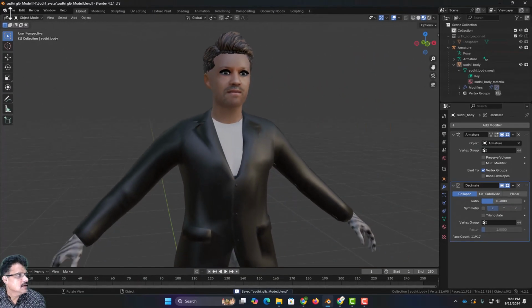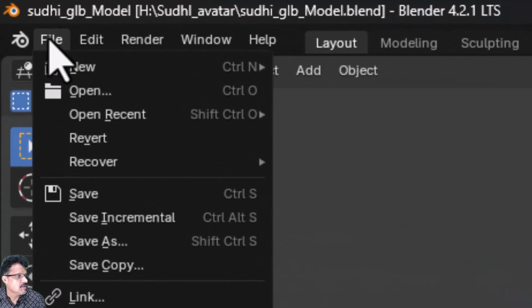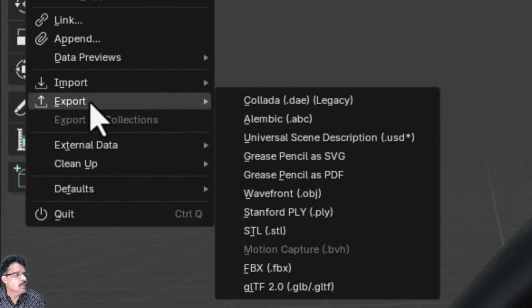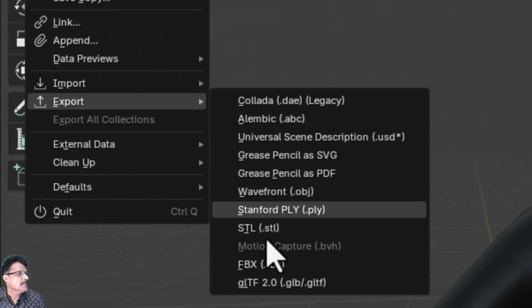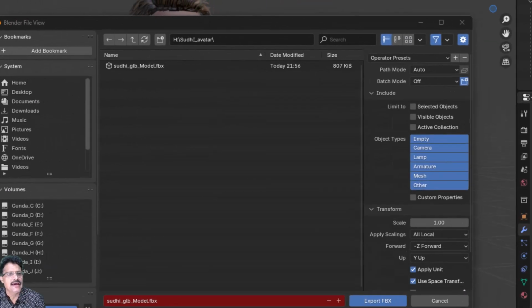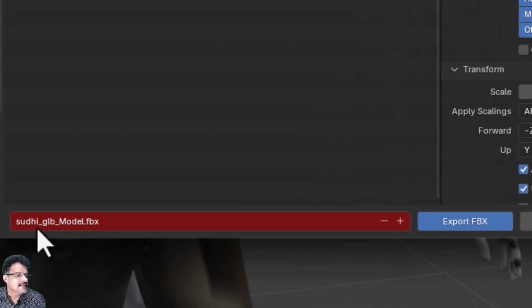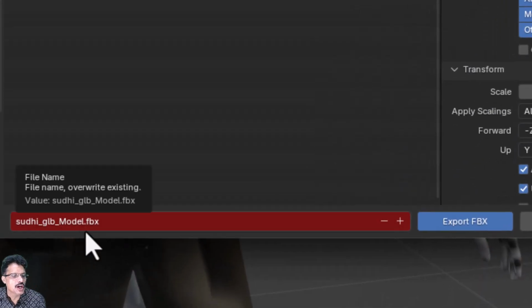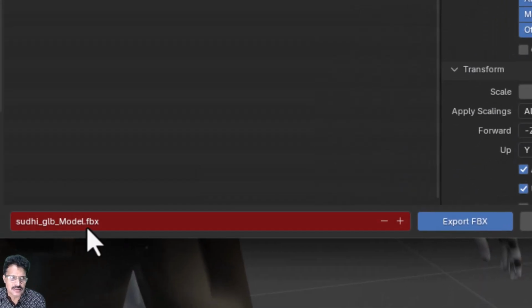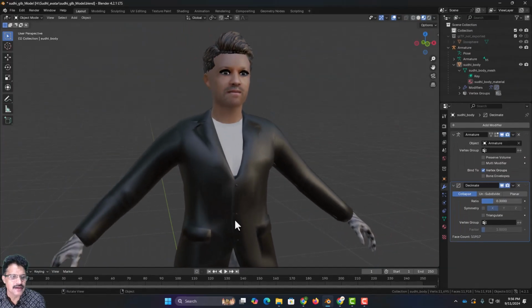Then I am going to come to file, and in export, I am going to come here, choose FBX, and set the path mode, let it be auto only. Then come to Sudhi underscore GLB model.fbx. I am going to give it the name, and now if I save it,